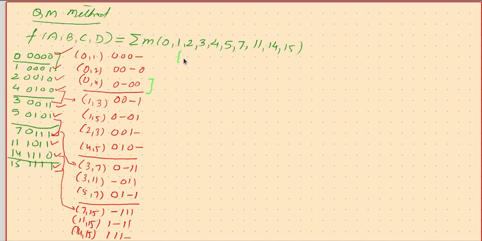So it is 0, 1, 2, 3. So it is 0, 0, dash, dash. So this is used, this is used. So anything with the last dash, yes, we have 0, 1, 4, 5, and that says 0 dash 0 dash. So 0 1 is used, 4 5 is used.